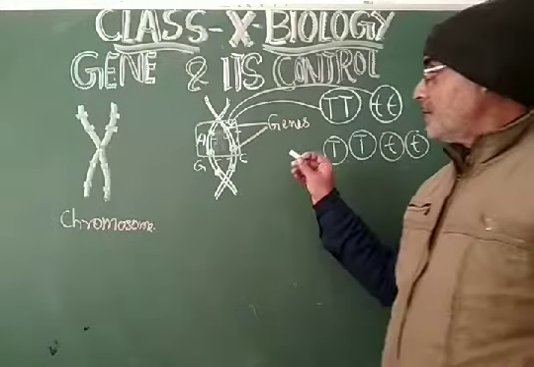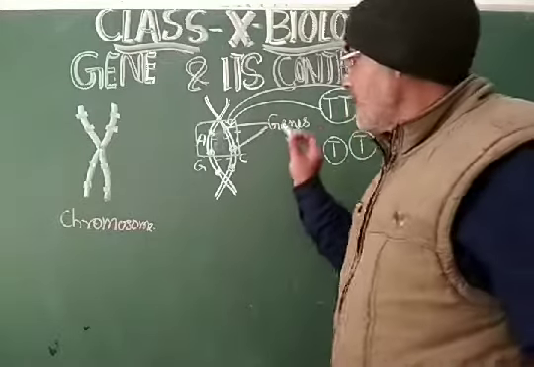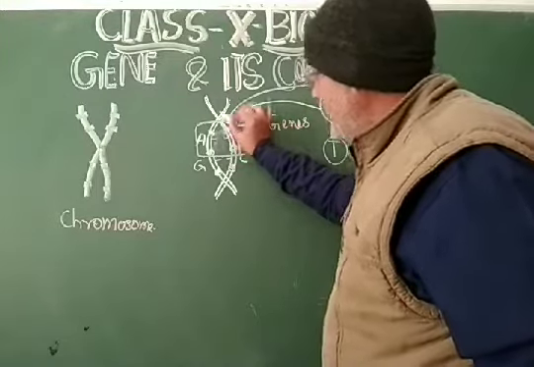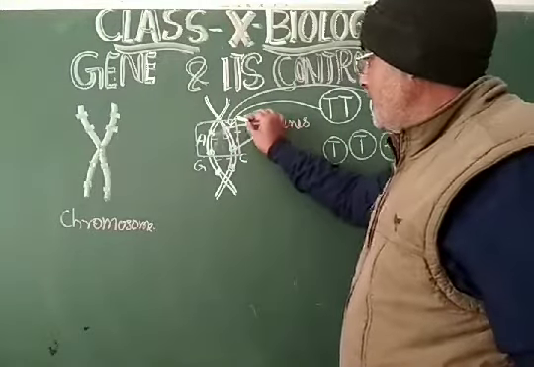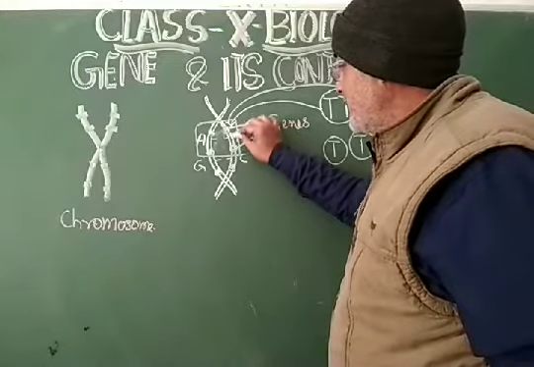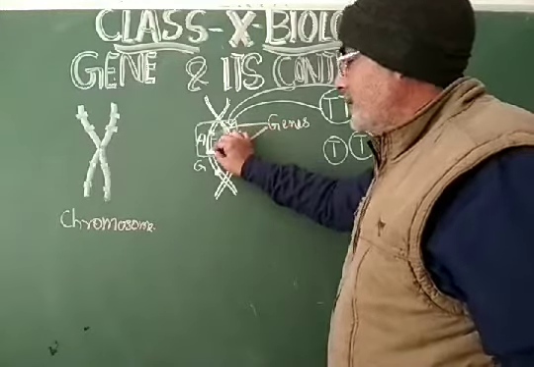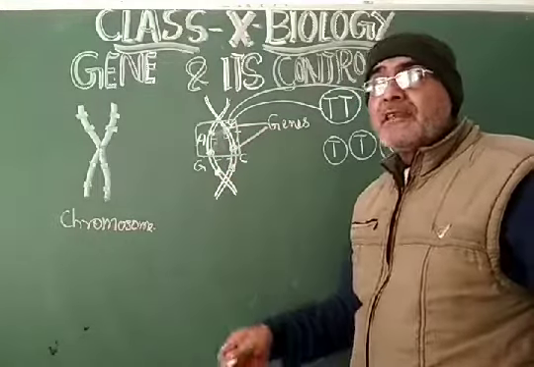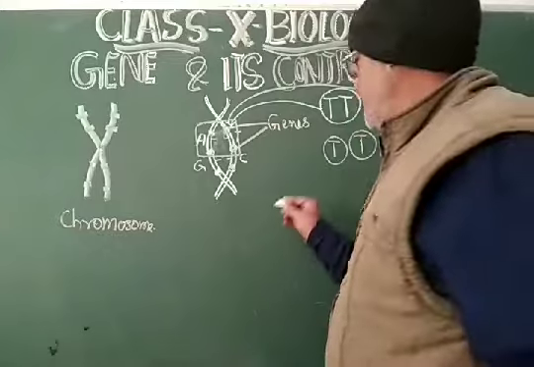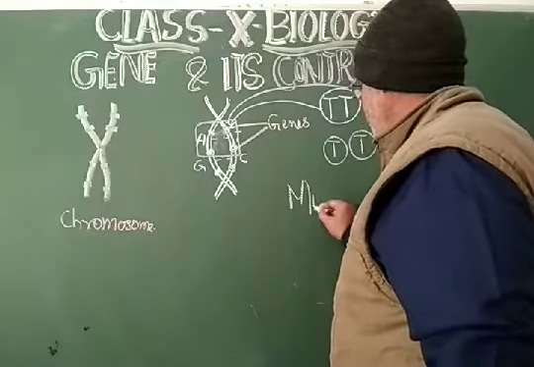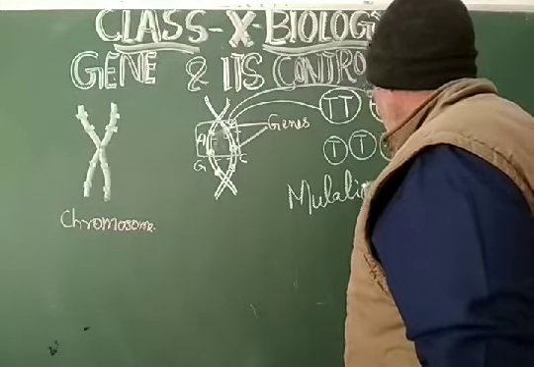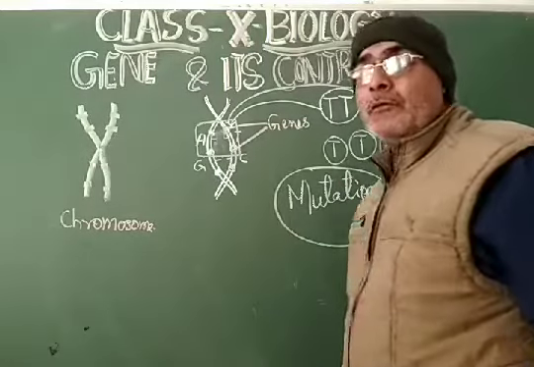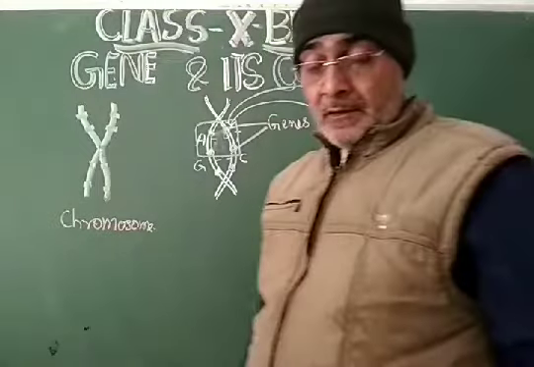My dear students, one thing that you have to remember: if the gene gets displaced from a specific place and gets placed at another place, then this phenomenon, if it happens suddenly, is called mutation. And there is a mutation theory that was proposed by Hugo de Vries. He was a scientist of genetics.